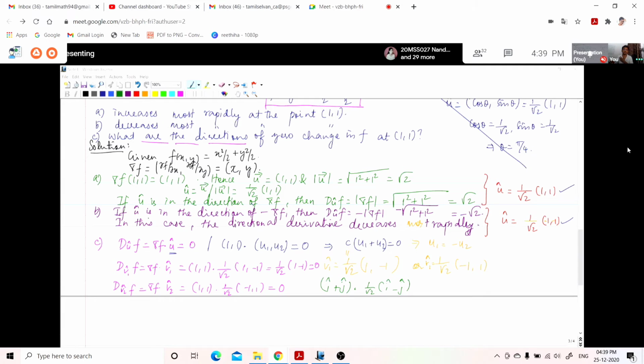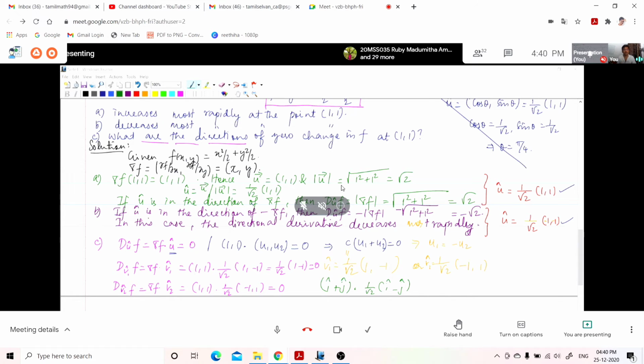X coordinate and Y coordinate. So you just multiply the i coordinates in two vectors, add the j coordinates, and if you have the third coordinate, then you add that product as well. Am I right? i with i plus j with j plus k with k. This is how you perform your dot product. Am I right? Yes, sir. So that is what you will have to do.